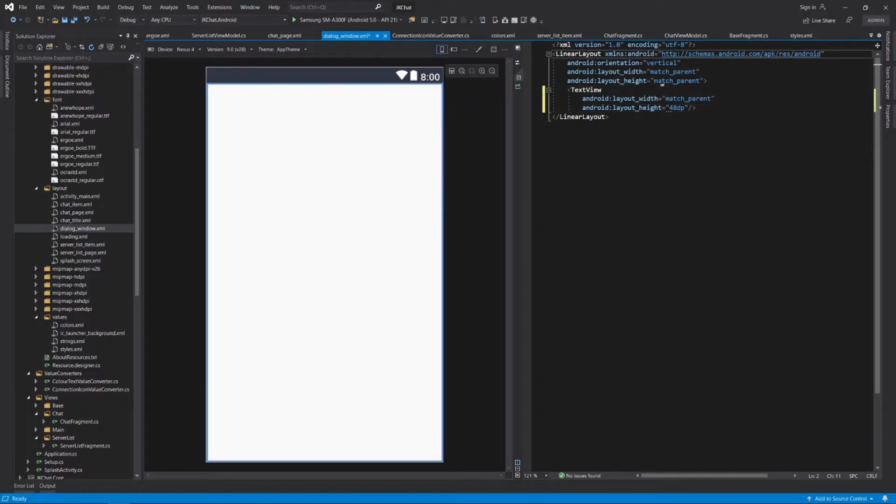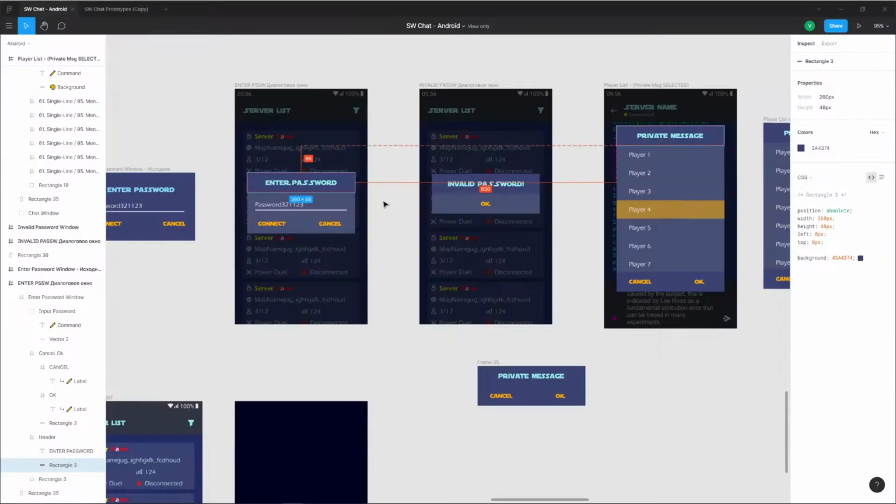Yeah, the Android layout will have height of wrap content, so it will be as short as possible by height. Okay. Then it will have